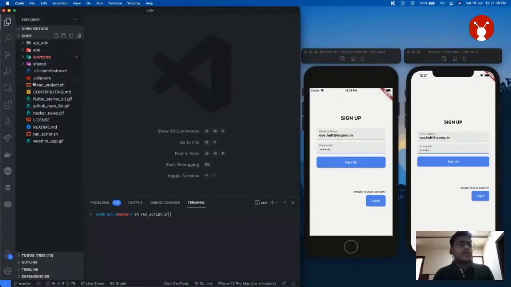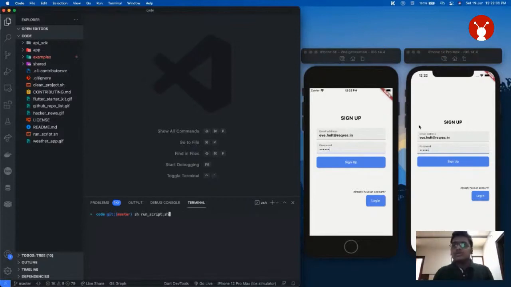I'll show you how it looks inside the app. These are the folder structures I just explained. We have the API SDK, the app, the shared, and moreover, we have the run script.sh file here. This is a shell script which will help you run the app. As soon as you write sh run script.sh, this will run the script and the app will be booted. Beforehand, you will need to have your emulator or the mobile phone attached.